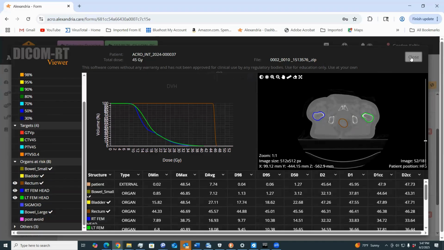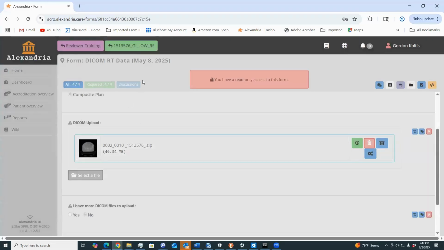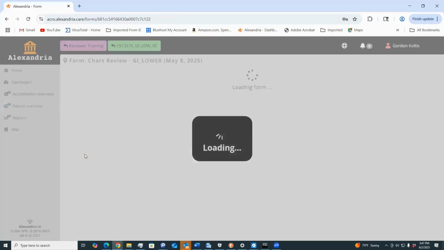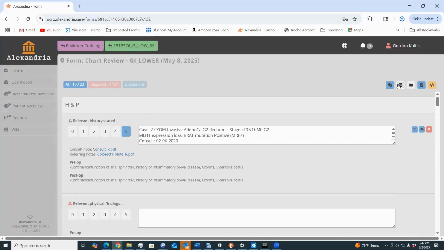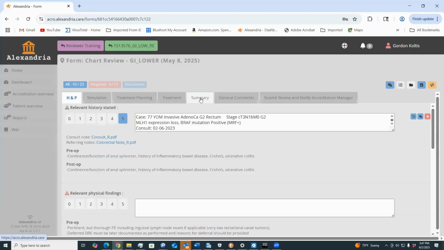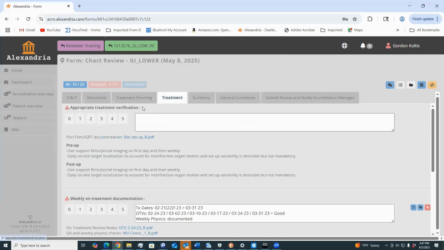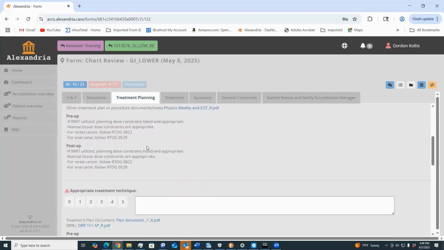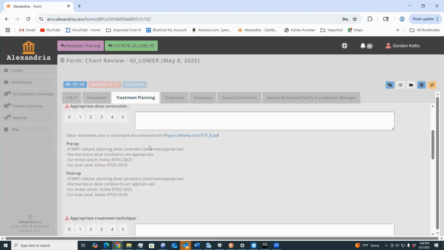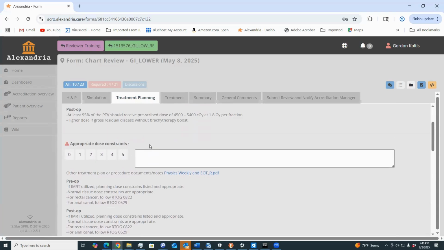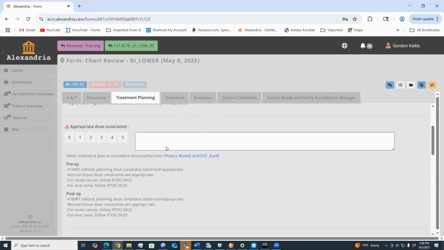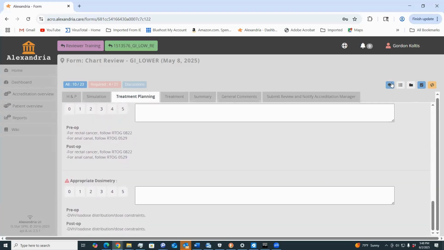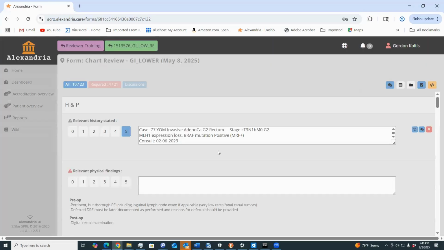To get out of DICOM viewing, you can go back to your chart review again and open this up, turn on your tabs, and you can come down to where you're looking at various things in treatment planning, including contouring, dose constraints, now that you've looked at your DICOM imaging, and you can update your scoring. By and large, that takes care of pretty much the entire scenario for going through the